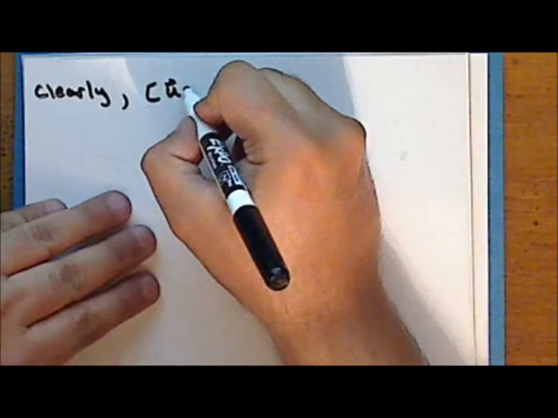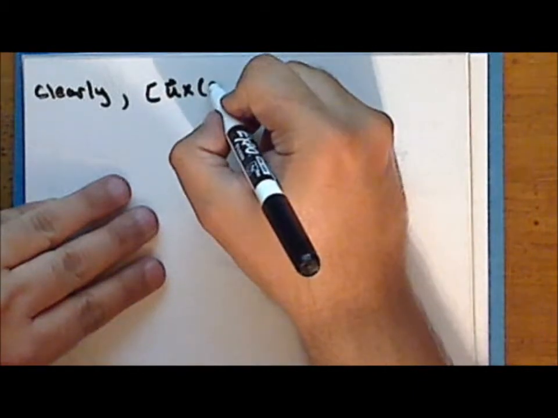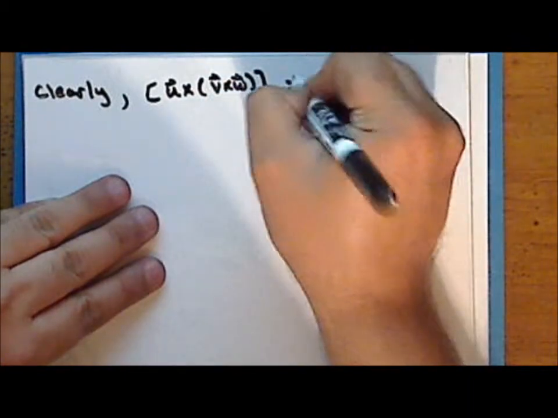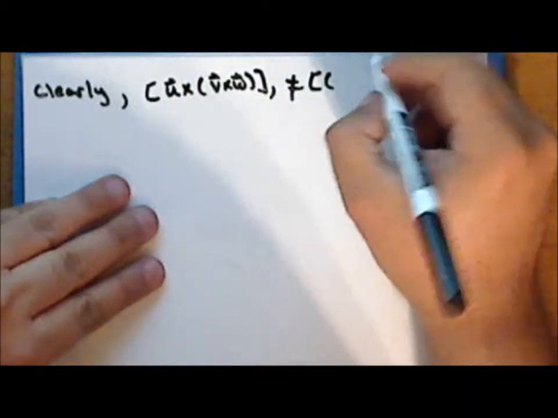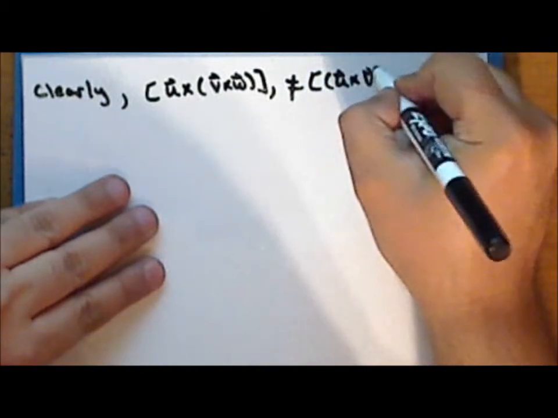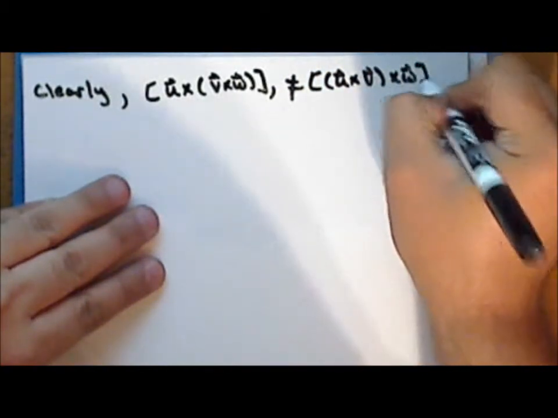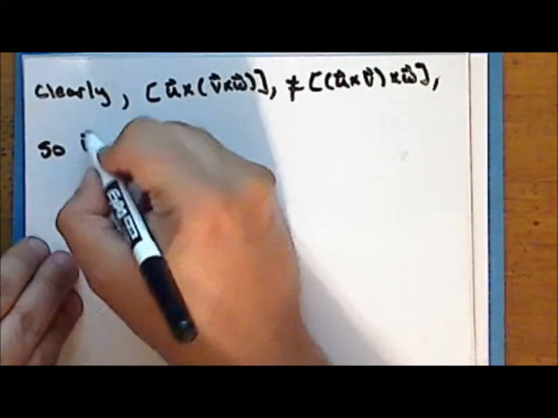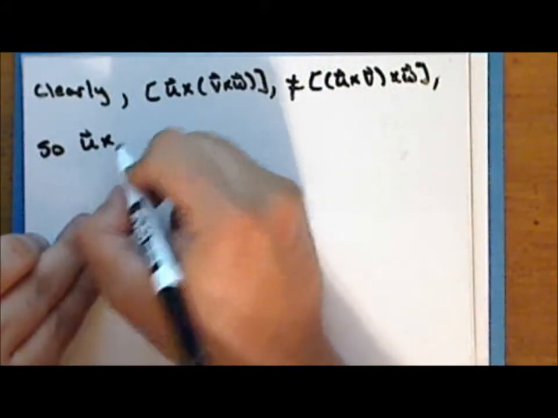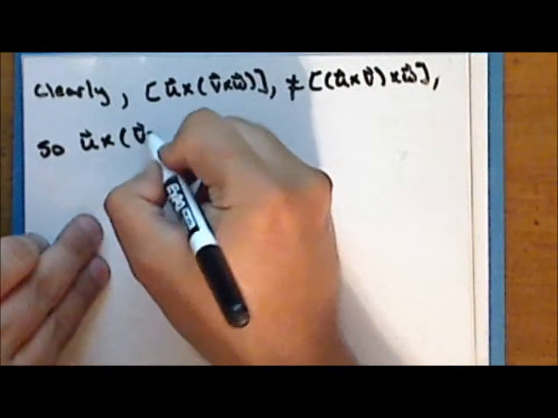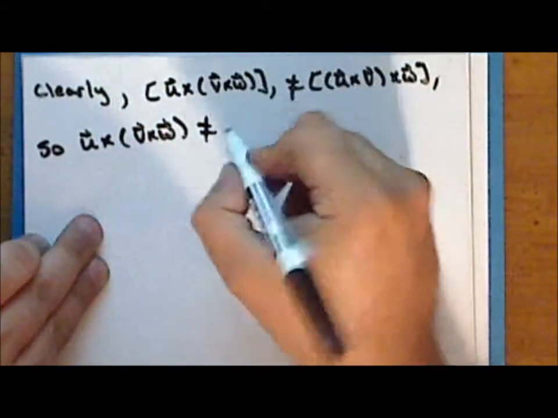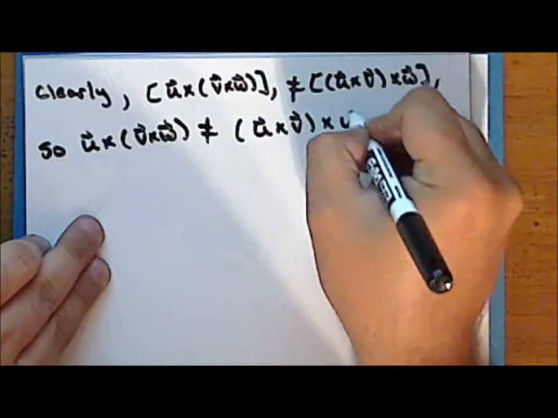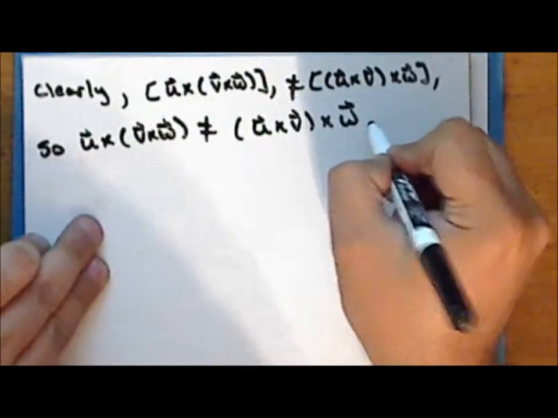So the first component of u cross the quantity v cross w is not the same as the first component of the quantity u cross v, cross w. So as they differ in at least one component, we have that the cross product of u with the cross product of v cross w is not equal to the quantity u cross v cross w. Okay,